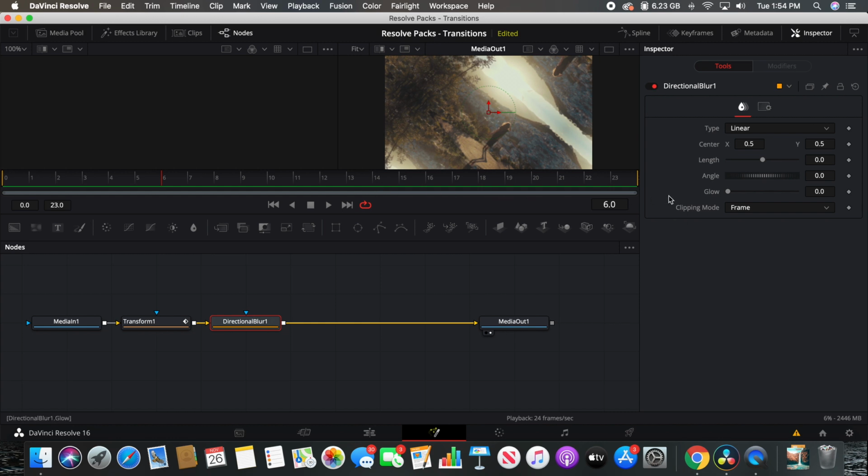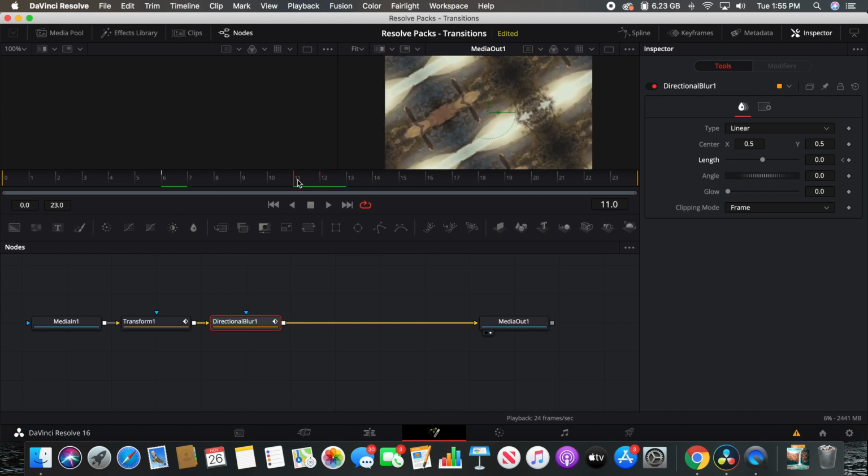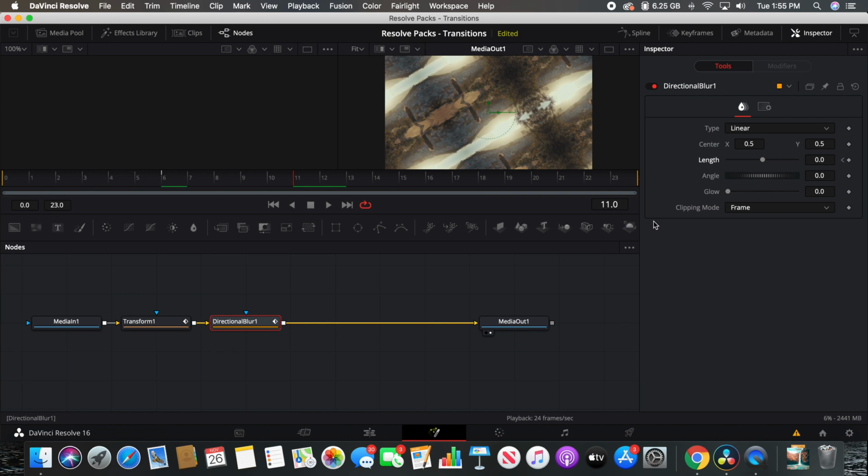And let me increase the length. Actually, no, let me just keyframe that to 0. And let's go to, let me see, frame 11. Yeah, so just before the transition over to the next clip, let's keyframe that and let's add a